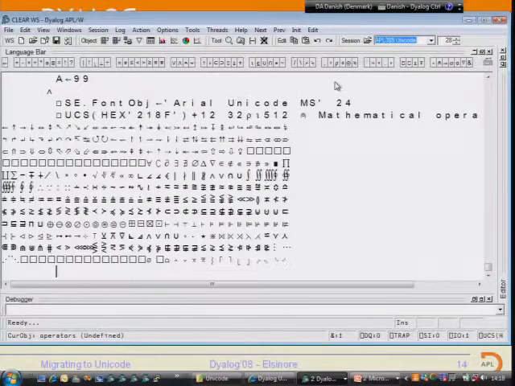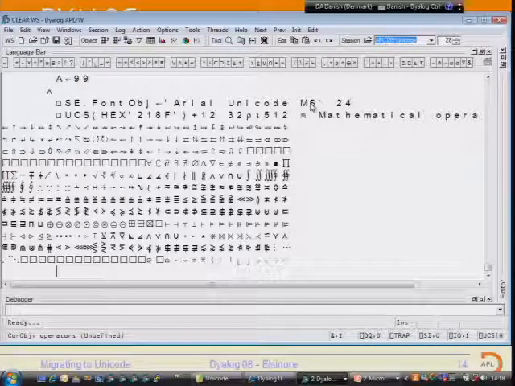It doesn't have all of the Unicode symbols, so I'm switching to Arial Unicode MS, which unfortunately is not a standard Windows font, but it's included with Microsoft Office. It contains, in fact, APL symbols. You can see some of them here.